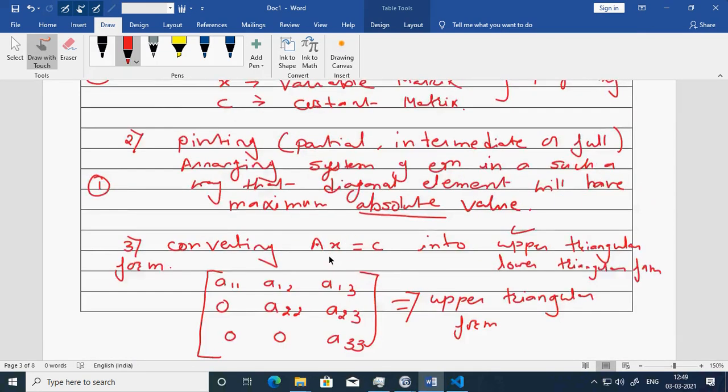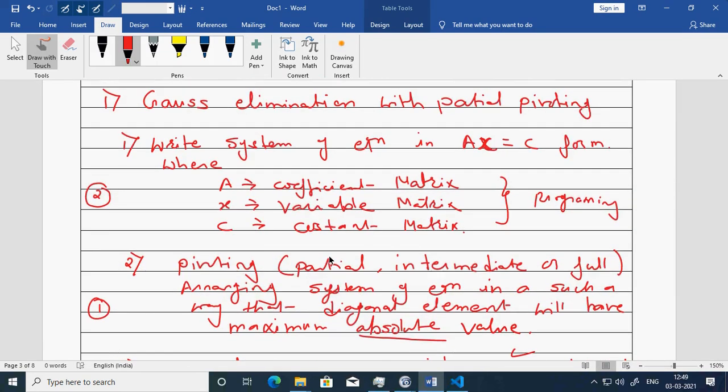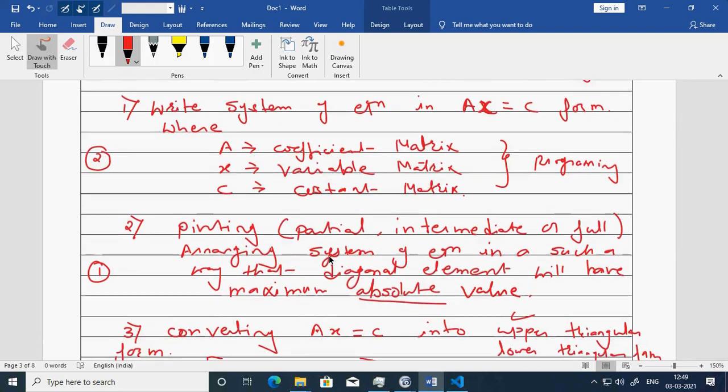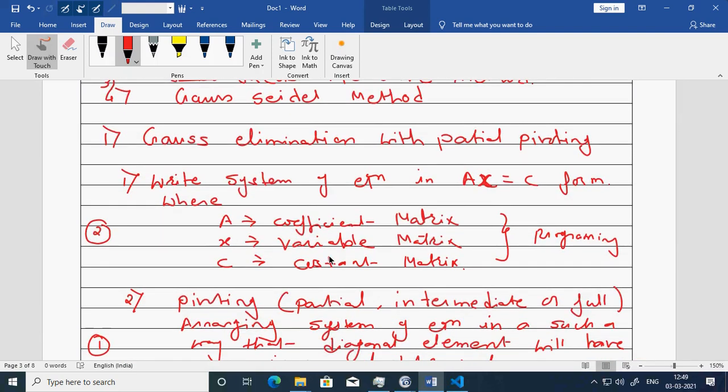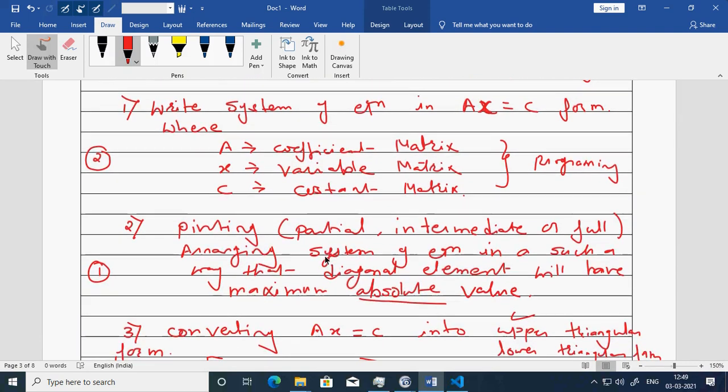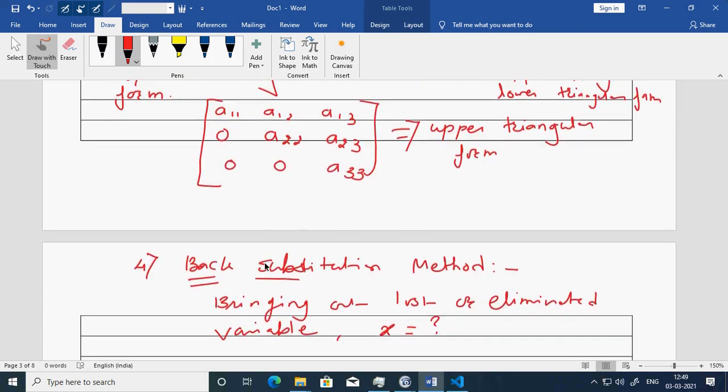I hope this is clear to everyone. So just kindly note that these are the processes that we have to do. Let's think about what step one is: writing the system of equations into Ax equal to C form, and second is doing the partial pivoting. Let's do these two parts. Since we are solving manually, the second part will be first and the first part will be second. So let's write